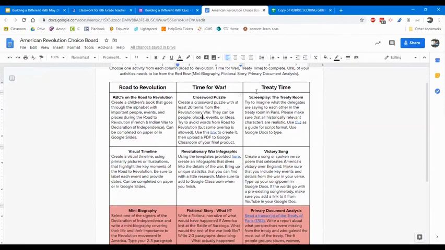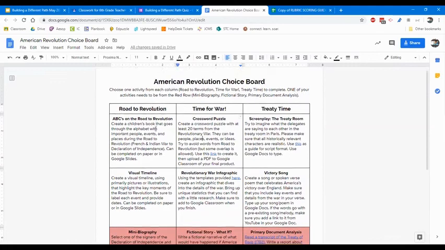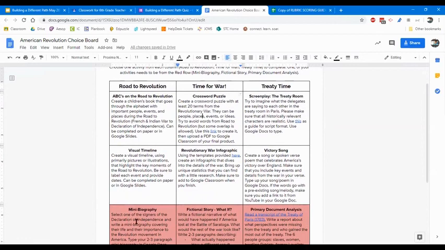I might create one I might call the activity American Revolution Choice Board, column 1, Road to Revolution. So whatever activity they did for the Road to Revolution, they would just be able to add that assignment to their